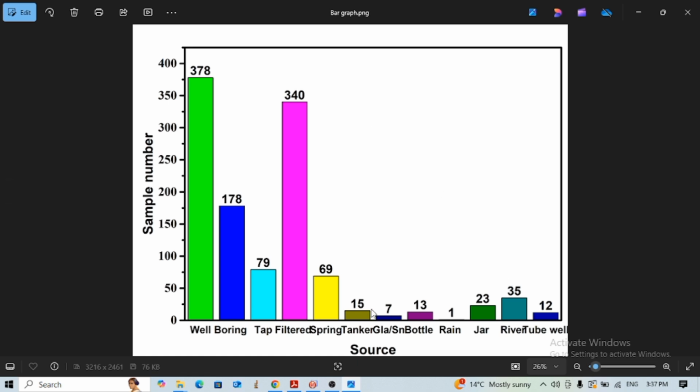In the graph here, you can see the different additions in the accessories. You can put a simple name here to make it more perfect. So in this way you can make the